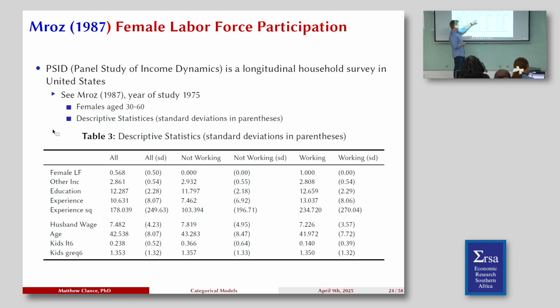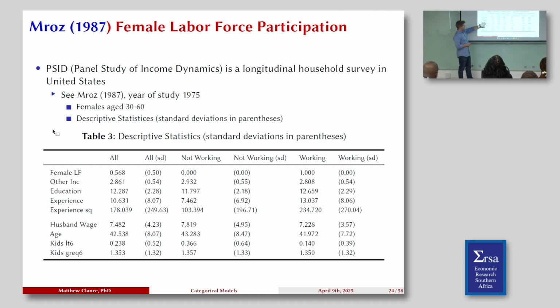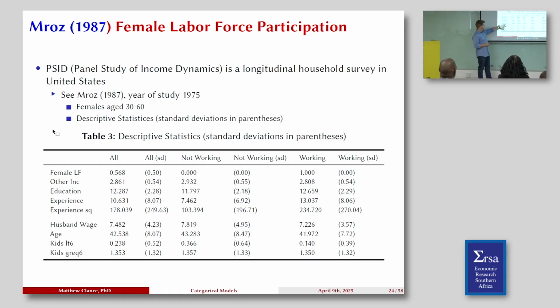If we look at the not working versus the working, in terms of education, typically for working, the education is slightly higher. In terms of experience, also not just slightly higher, but higher. And we could keep going through to do a slight comparison. But the funny thing is, if you look at husband's wage, we actually see that there might be another reason why they're not working other than